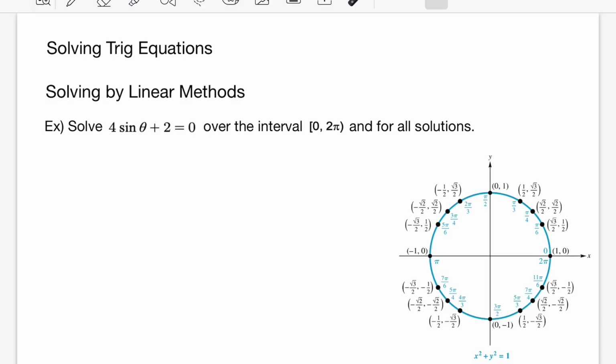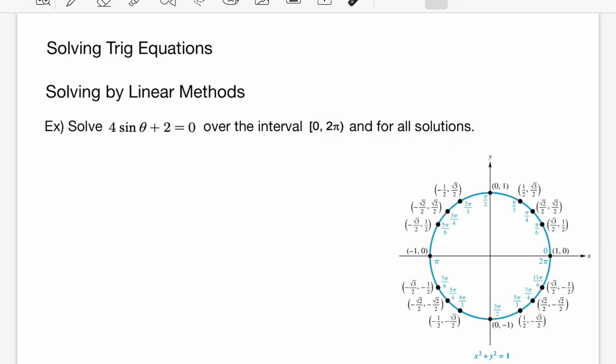In this video, we're going to go over section 10.5 from our textbook, which is on solving trig equations. So the first thing we're going to look at is solving trig equations using linear methods, and we'll do so using this example here. We want to solve this equation over this interval here and for all possible solutions outside